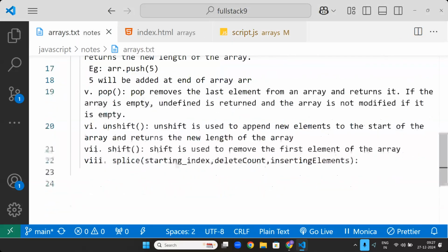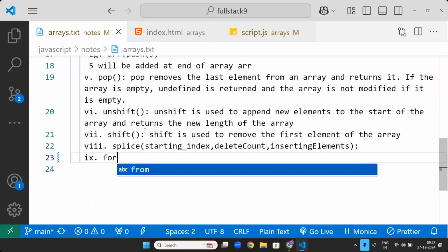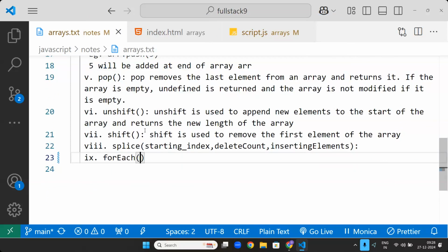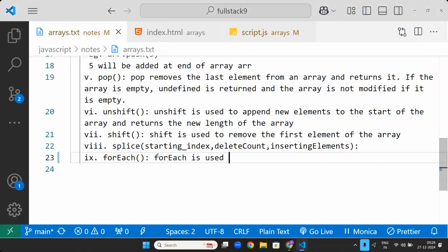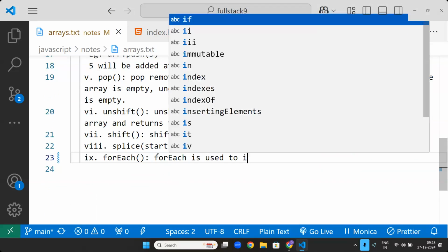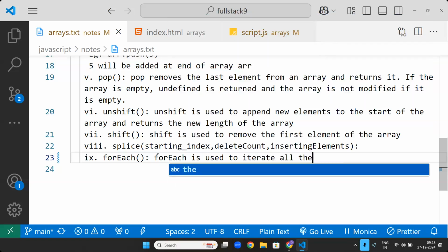Let's try the most interesting parts of all. Now you are going to learn some nice higher order functions, and these things are very important. Like forEach. forEach is used to iterate all the elements